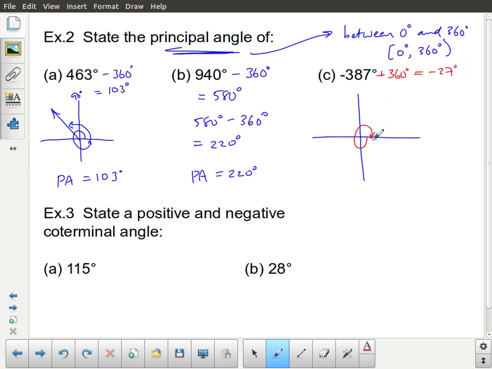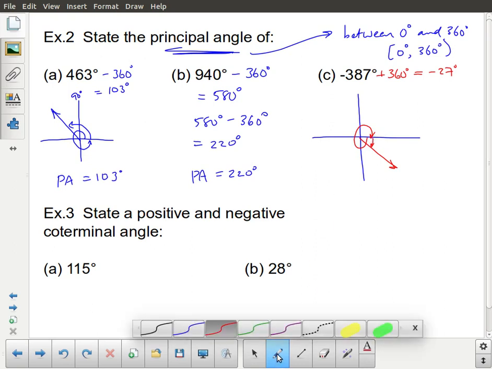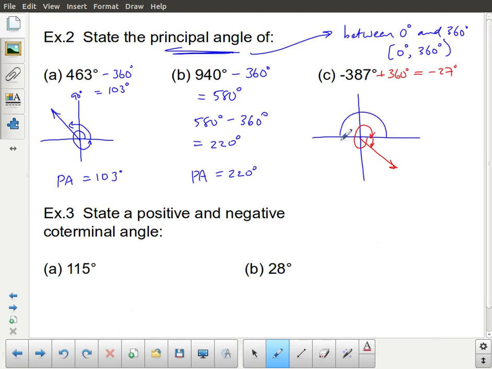So where would negative 27 degrees be? That would be just a little bit further this way. And so my terminal arm would be there. But we want a principal angle. And so what I really want to measure is actually from here around to that terminal arm. And so we take this negative 27 degrees,